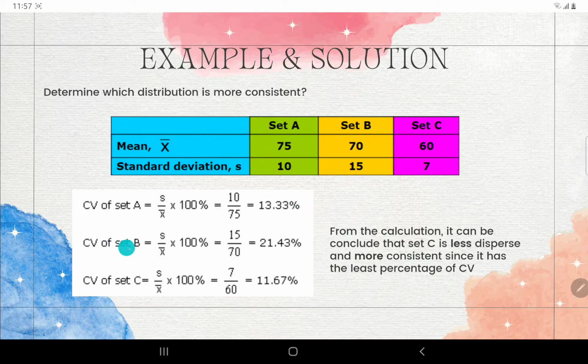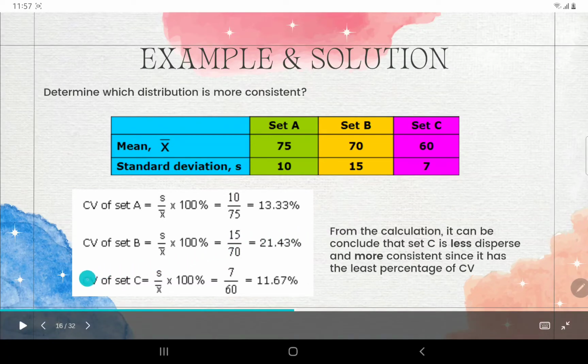And then CV for data set B, 15 divided by 70, multiply with 100%. So the answer is 21.43%. And lastly, for the CV of data set C, 7 divided by 60 multiply with 100%. So the answer is